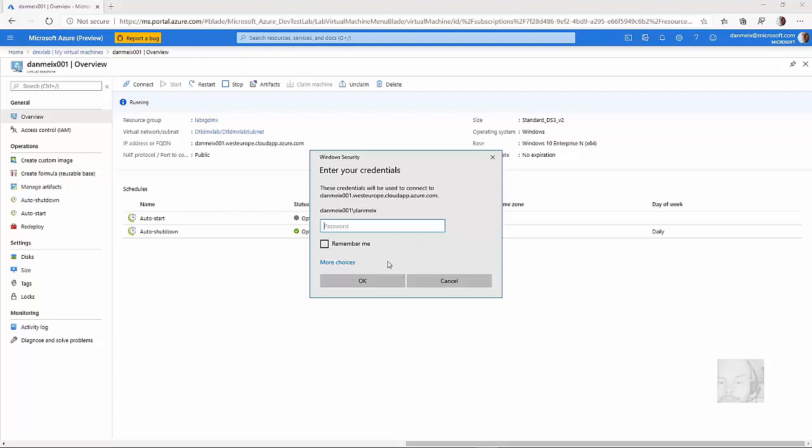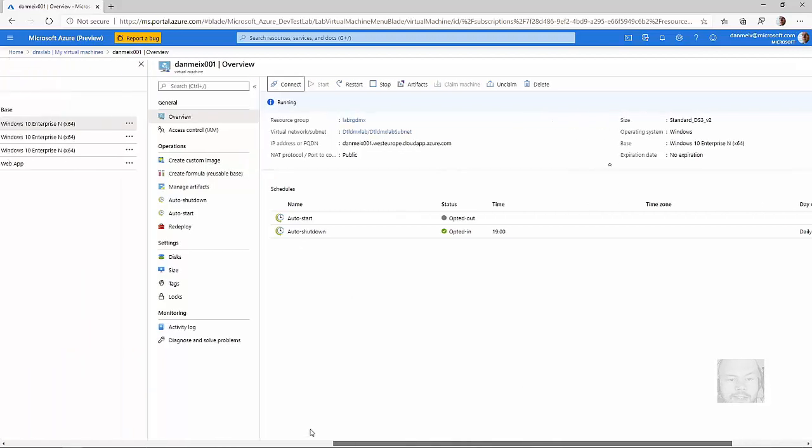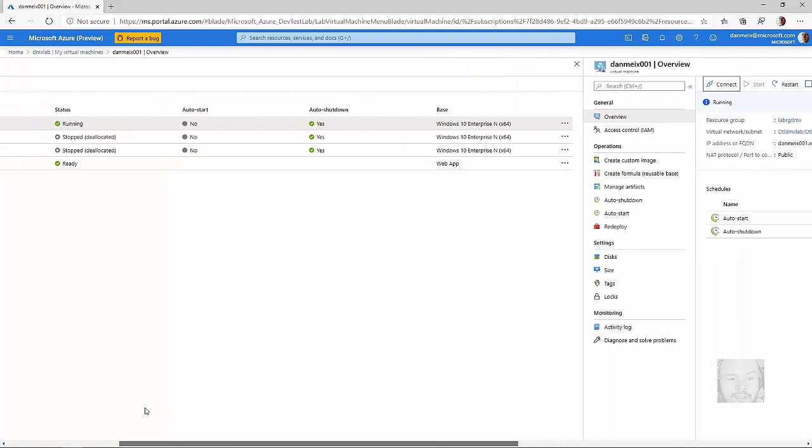For Linux machines, of course, I can simply use SSH to connect, or some kind of RDP for Linux, like XRDP or whatever. So that's for the virtual machines. Probably you are aware of how to work with virtual machines already. So let's go one step back to